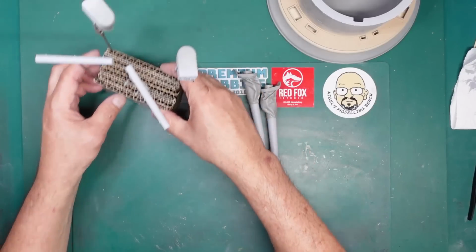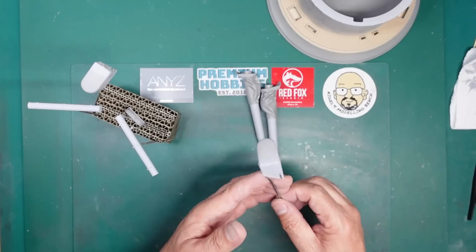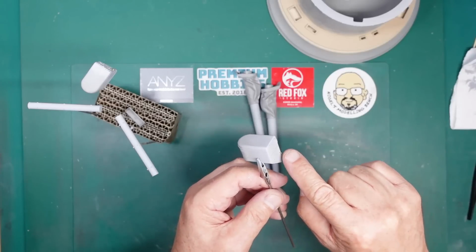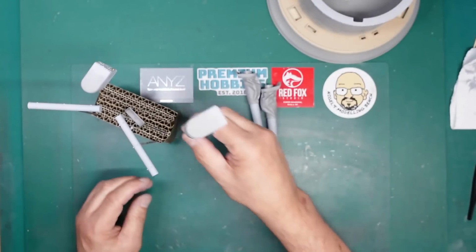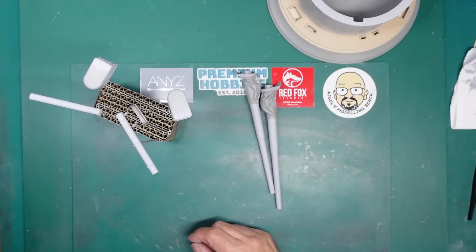So back to the Bismarck, we've done the rangefinder covers there, see more around there, that's all done and all sanded out. You can see I've also replaced those handles with some brass, so that's going to look a lot better than the plastic parts. I've got all the bits and pieces cut off that go around